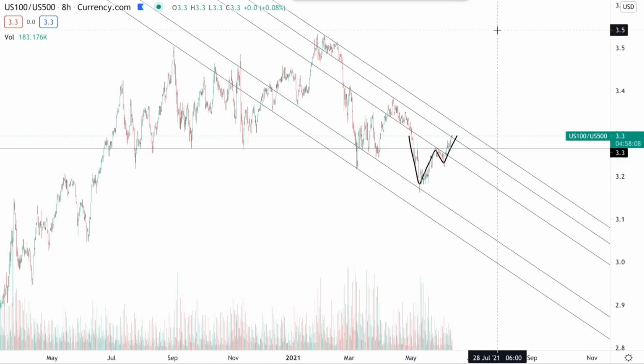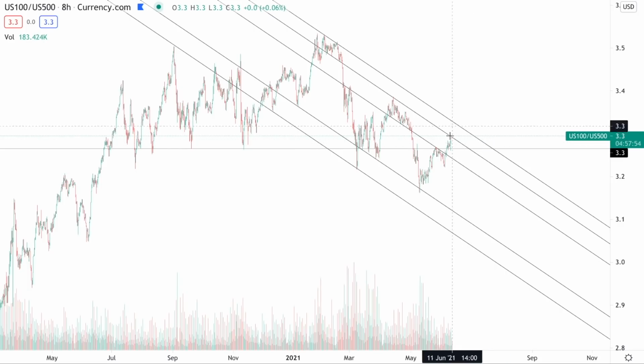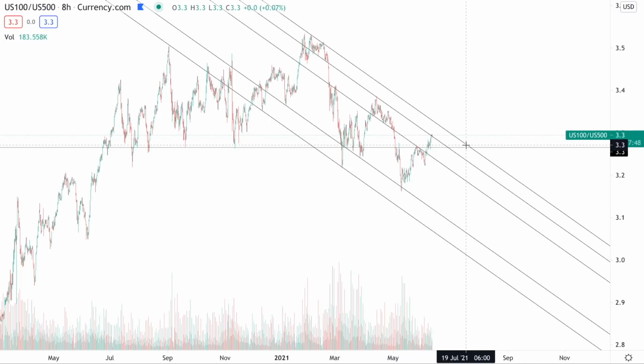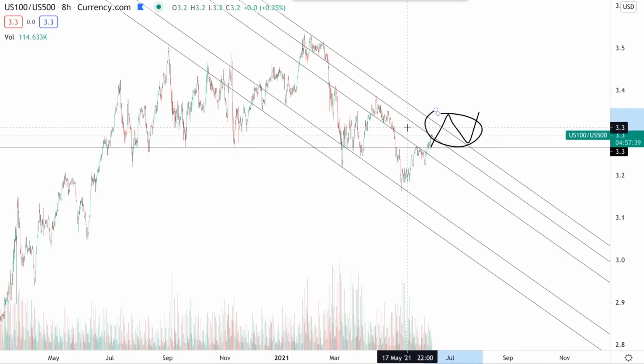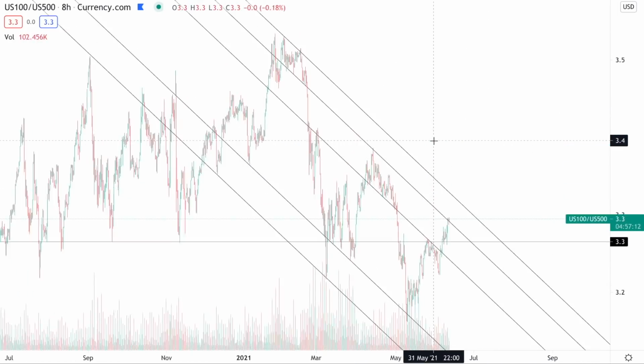That's the first check mark for the bullish case, but we still have quite a lot of resistance above here. So until tech manages to get out of this price channel and begin really breaking out above it, until we have this type of move, we'll keep our bearish bias on the tech sector, although it could morph into something more.